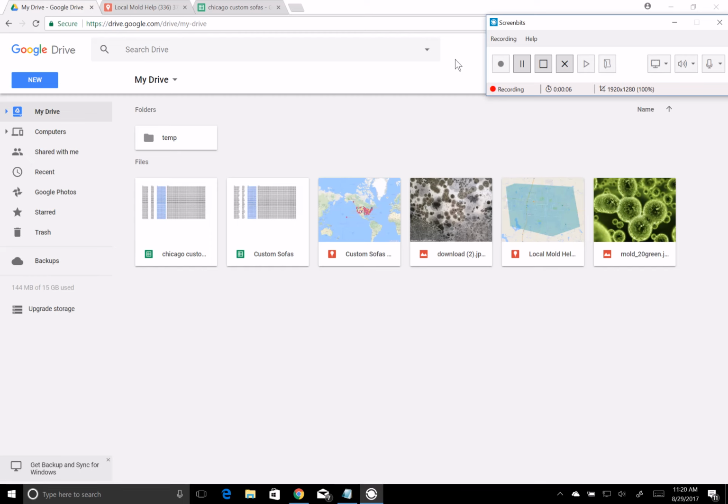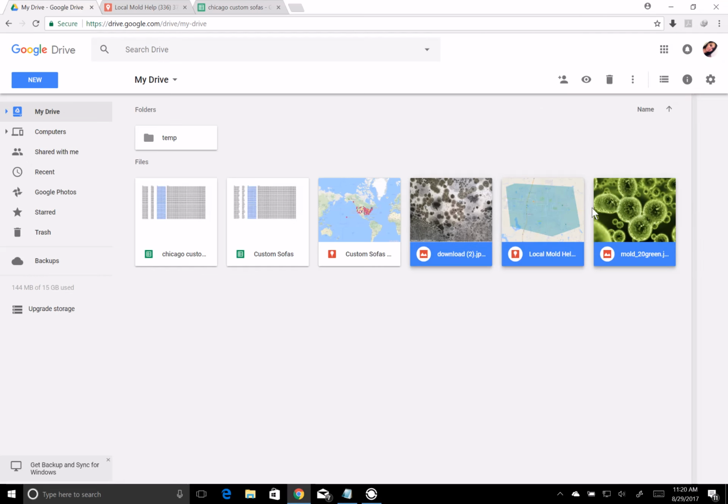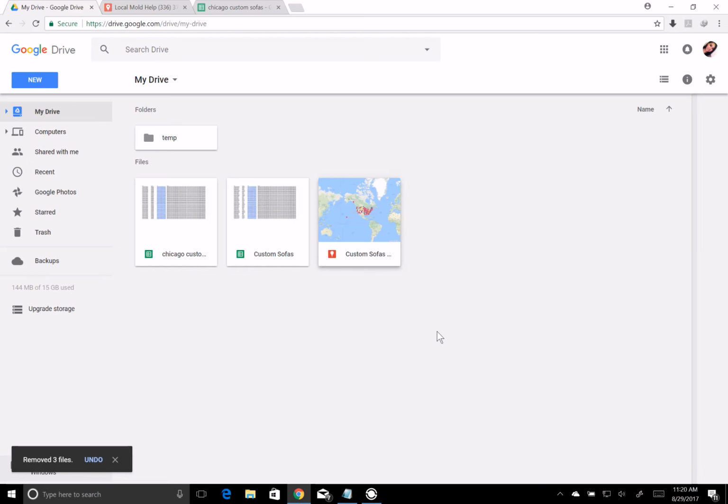In this little video, I'm going to create a map by importing a CSV file. So first, I'll get rid of this mold stuff that I used for the other quick video. So those are gone. Okay. So to create this map,